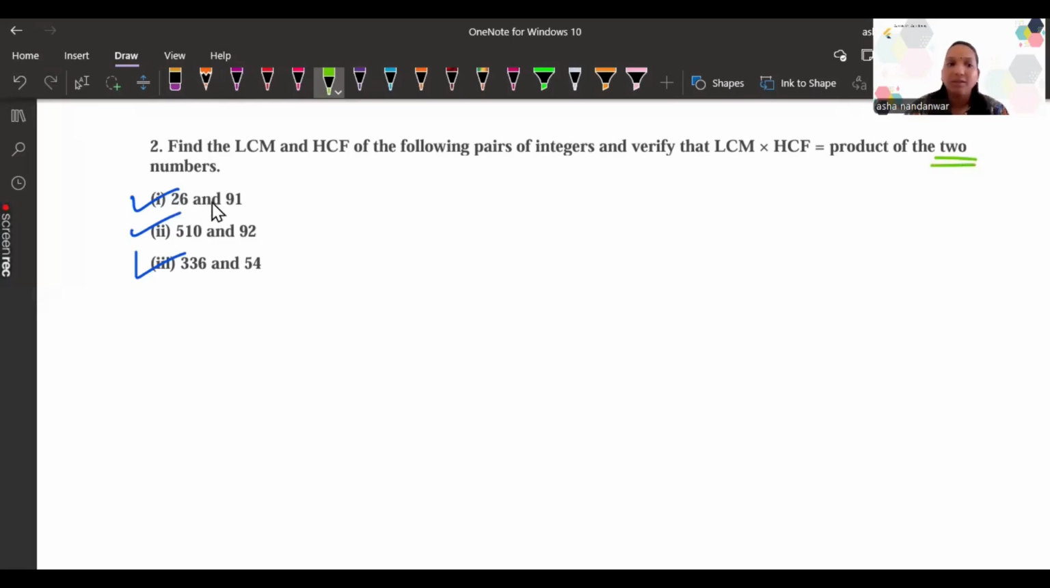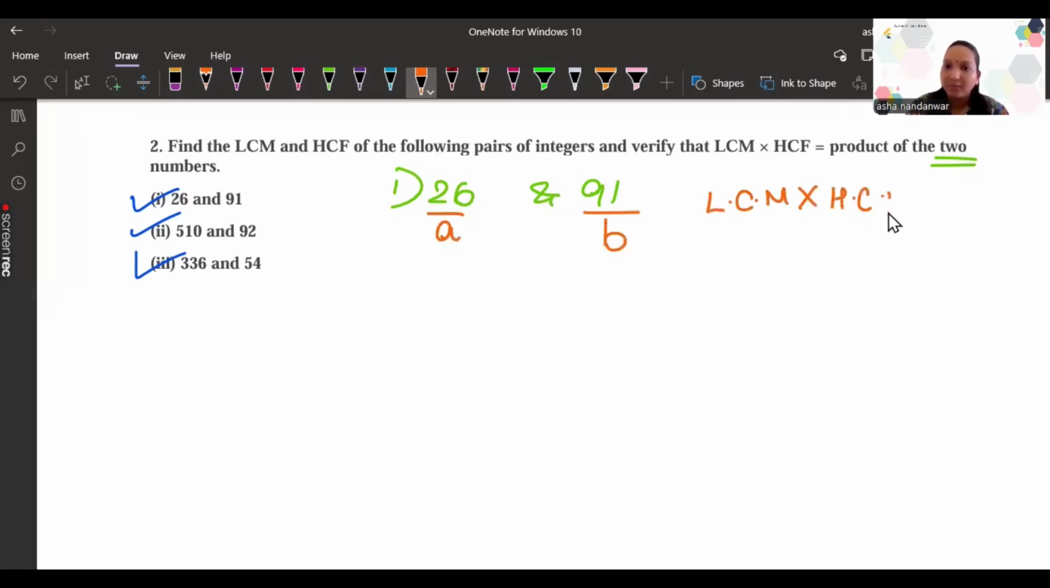They are talking about these numbers. Let us take the first example, 26 and 91. They are talking about the product of the 2 numbers. Let us take this as A. Let us take this as B. So which means that LCM into HCF is equal to A into B. What is A? What is B? It is nothing but the numbers in the question. So expressing 26 and 91 as product of their prime factors, we get